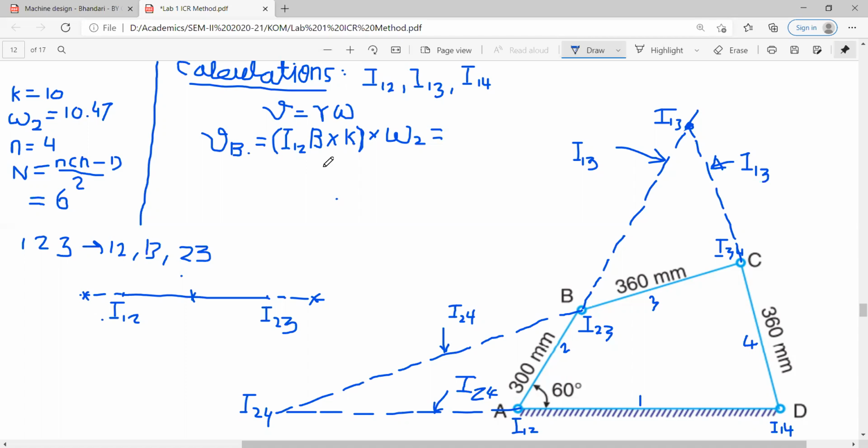सबसे पहले पॉइंट B कौन सी लिंक पर है। ओके, उस लिंक के ICR से पॉइंट B का डिस्टेंस, ये हो गया रेडियस, मल्टीप्लाइड बाय द एंगुलर वेलोसिटी ऑफ द सेम लिंक ऑन विच पॉइंट B इज देयर। ओके, सो कैलकुलेट करो ये कितना है। I12 B आपने जब ड्रॉ किया था तो ये 30 था, मल्टीप्लाइड बाय k 10, तो ये हो गया 300 mm, मल्टीप्लाइड बाय ओमेगा 2 10.47 रेडियन पर सेकेंड। मैंने यूनिट नहीं लिखा है, आपको यूनिट लिखना है वहाँ।